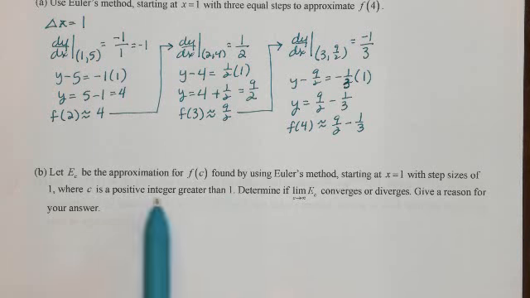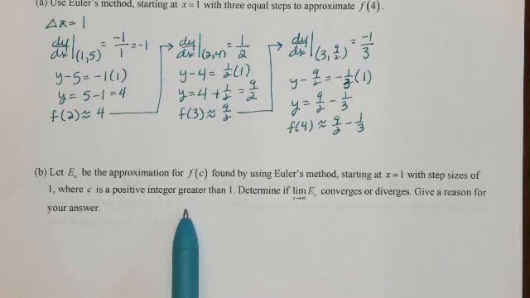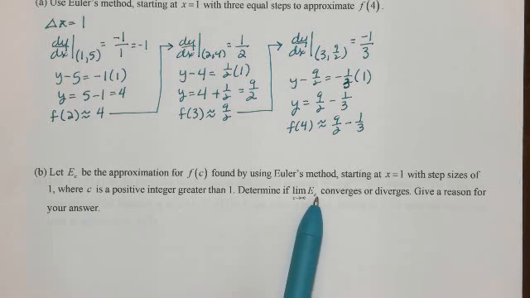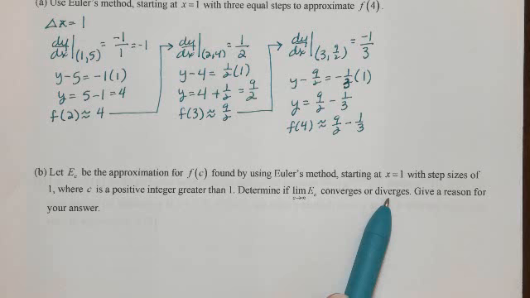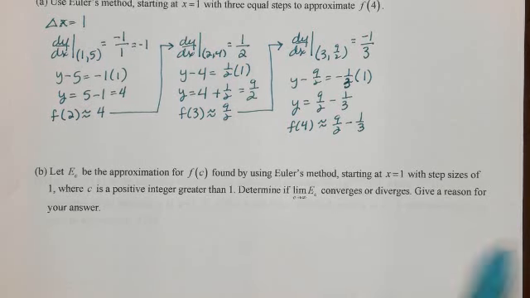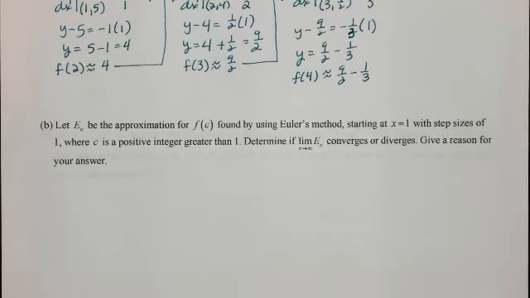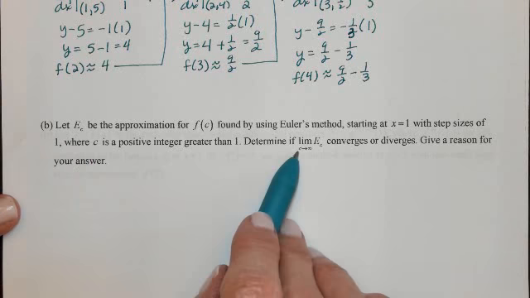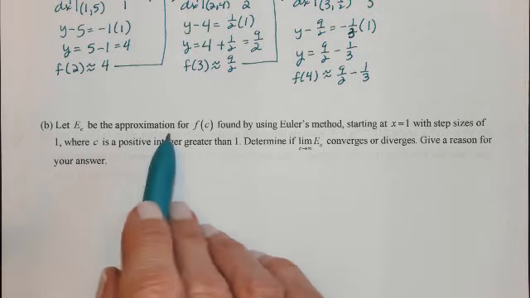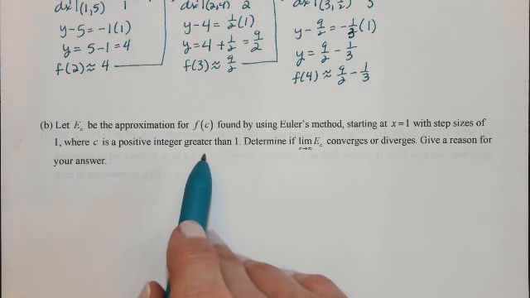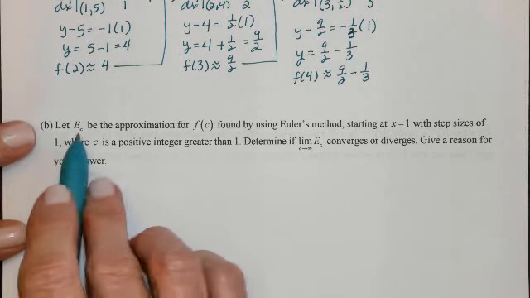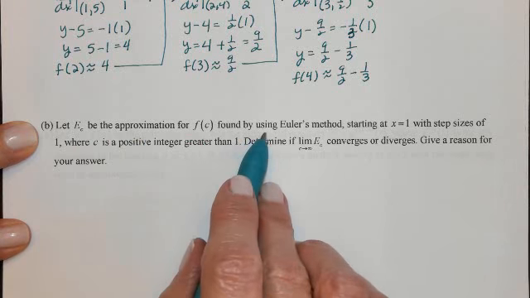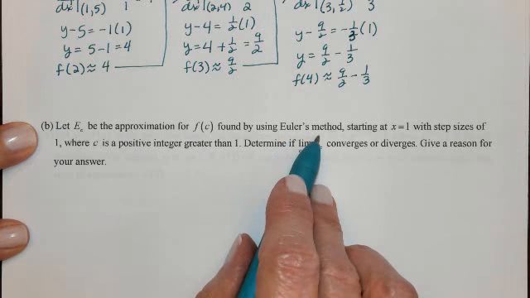Okay, that's very wordy. You may need to read that twice. Determine if the limit as c goes to infinity of f of c converges or diverges, and give a reason for your answer. Let's take this apart. Okay, I want to find out. I know I want c to go to infinity, but let's just find some values for this e sub c thing going on. Okay, I know that it was the approximation for f of c found by using Euler's method,